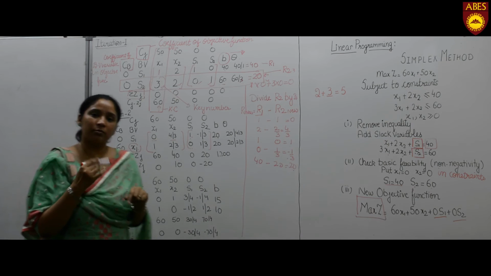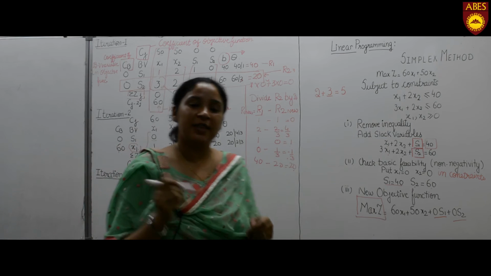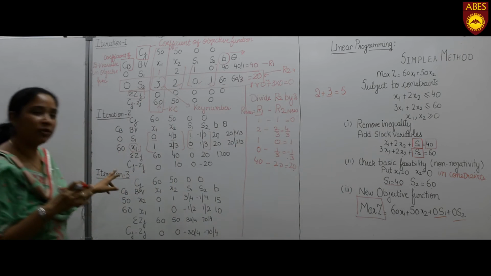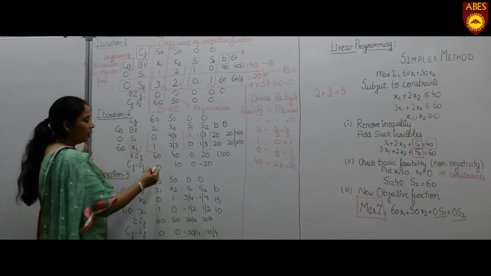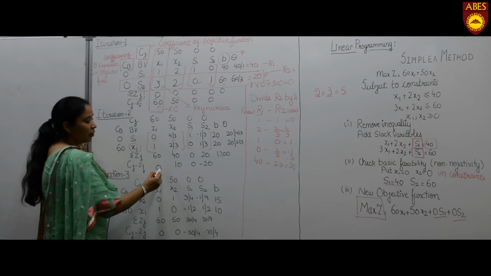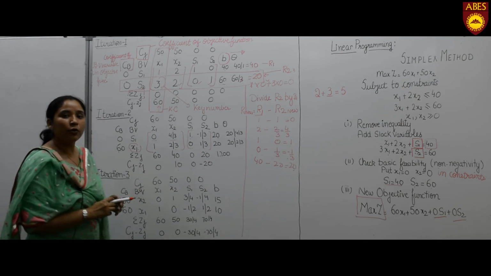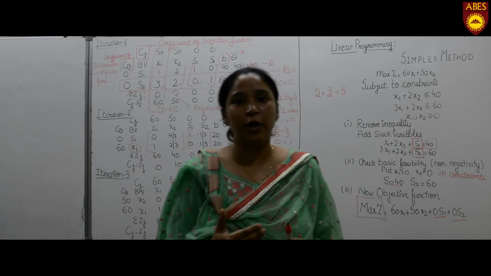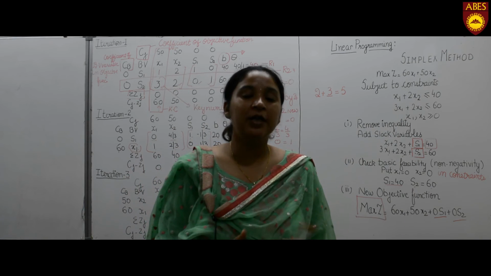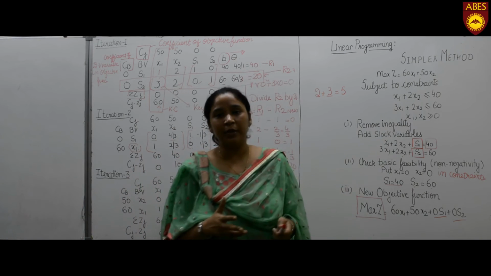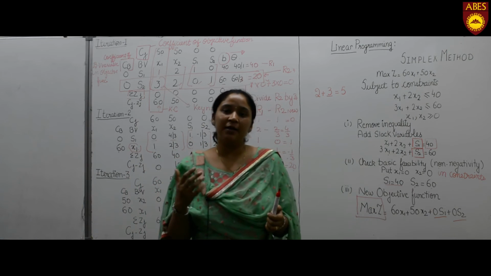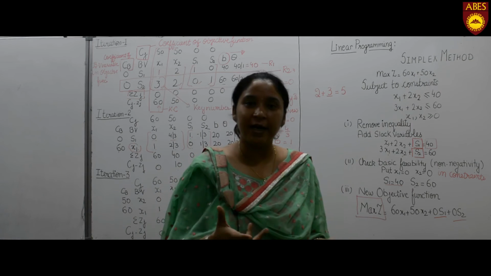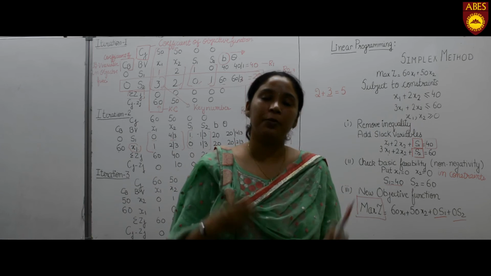Similarly, we will do that iteration. We have to find out Zj, we have to find out Cj minus Zj. Similarly, we have done this operation, and after doing this, we have Cj minus Zj equal to 0, 10, 0, minus 20. Now you can see that there is a negative sign. So that means we are going near the solution. It is not the solution. Whenever in a maximization problem Cj minus Zj is either 0 or negative, then we stop the iteration.